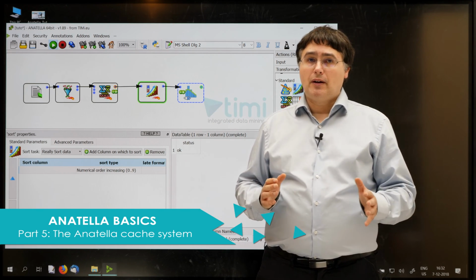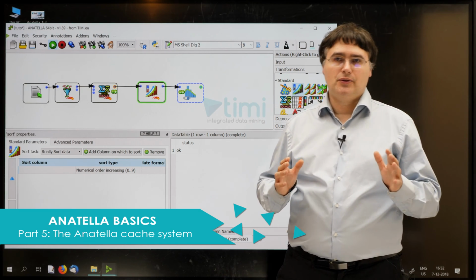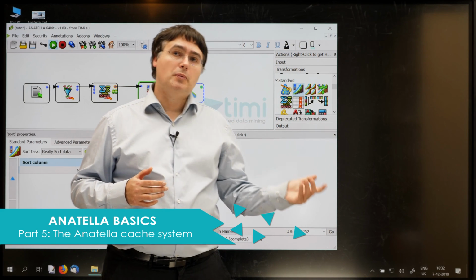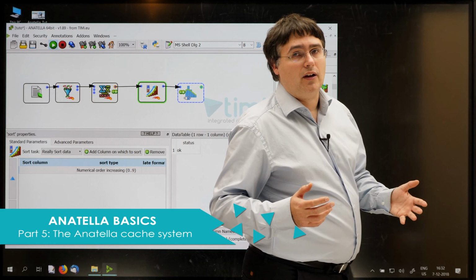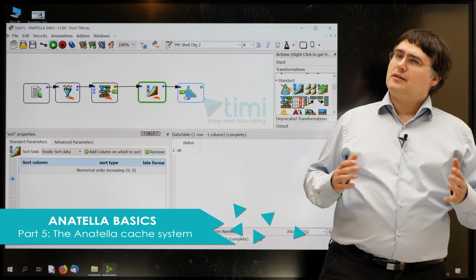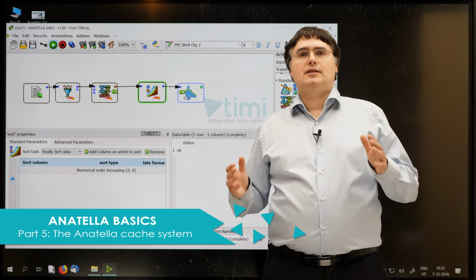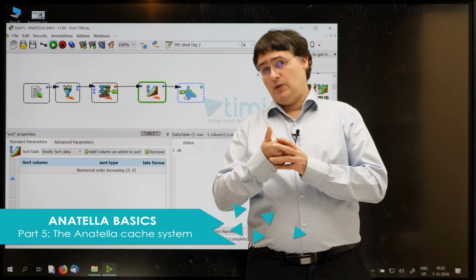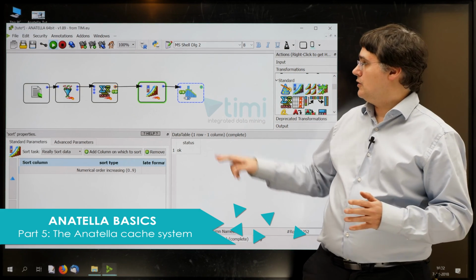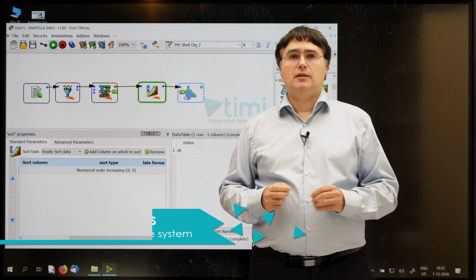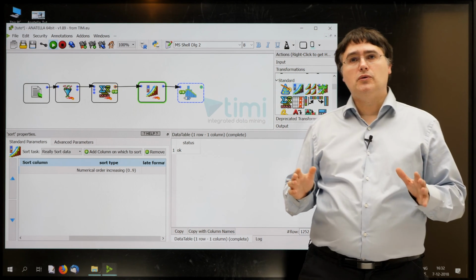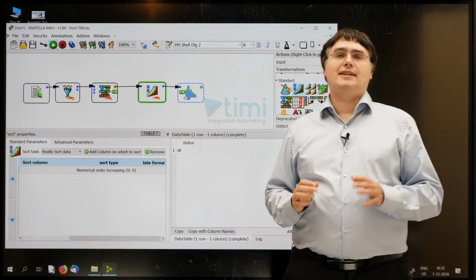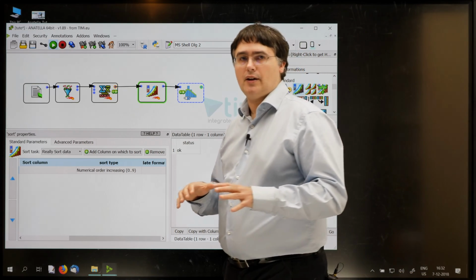Your bar chart doesn't appear anymore because basically I lied to you since the very beginning of this tutorial. I told you that each time you click the output pin of a box, Anatella runs your graph to show you the table at that point. And actually it's not entirely true. What's really happening when you click the output pin of a box is three different things. First, Anatella executes the data transformation up to that point, where you clicked. Second, Anatella shows you the output table in the data preview window. And third, Anatella saves the output table on your hard drive.